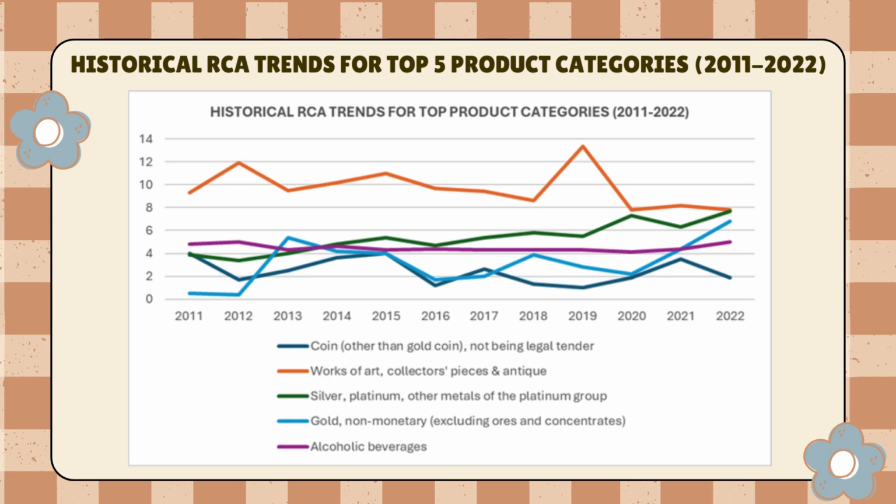As we can see in the line chart provided, the UK has maintained a strong competitive advantage in precious metals, stones, and jewelry production and export. Next, alcoholic beverages, especially Scotch whisky, have been a long-standing comparative advantage. Third, the UK's comparative advantage in essential oils, perfumery, cosmetics, and optical and medical apparatus has shown a steady upward trend. Last, the UK has consistently demonstrated a strong comparative advantage in pharmaceutical products.